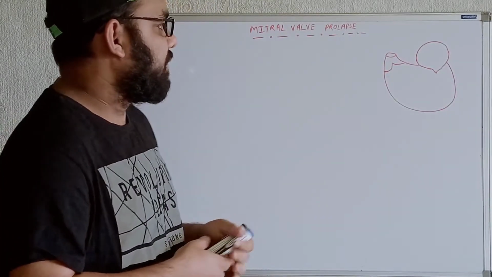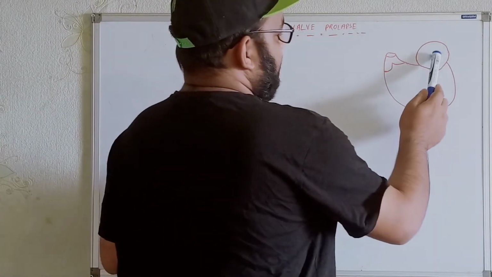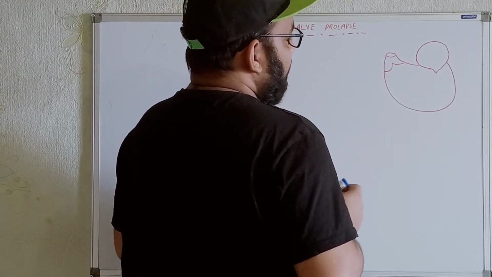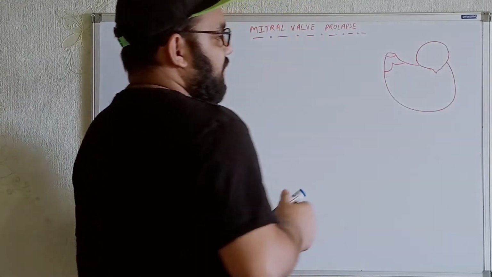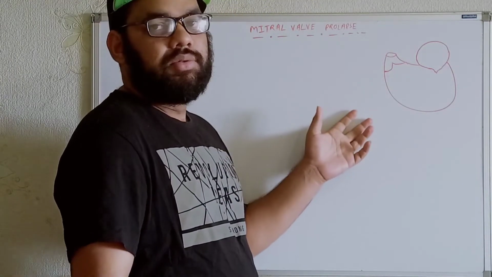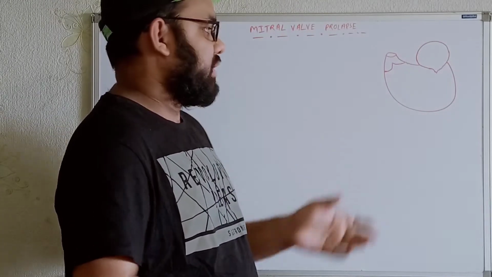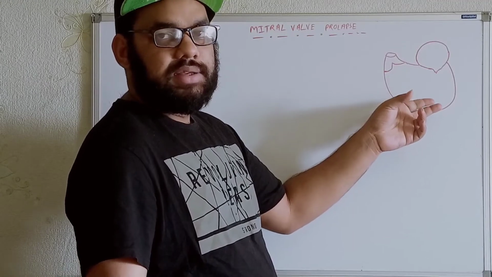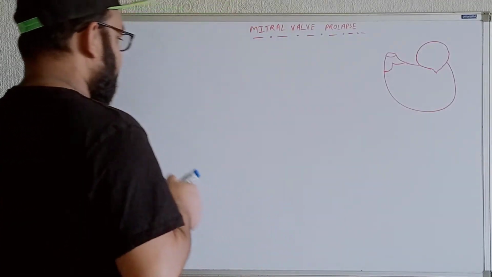Prolapse means, for example, if I say it over here, this is the left atrium, this is the left ventricle, this is the mitral valve, right? Now, try to understand, during isovolumetric ventricular contraction, the pressure within the ventricle will keep on rising, right? So if you write it over here, during